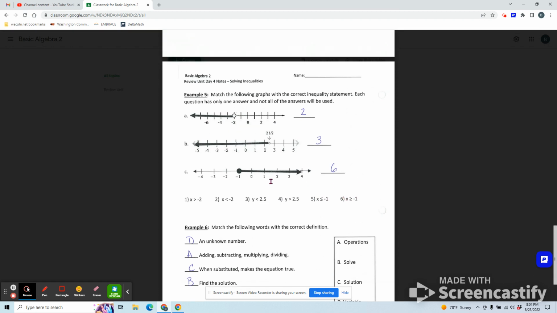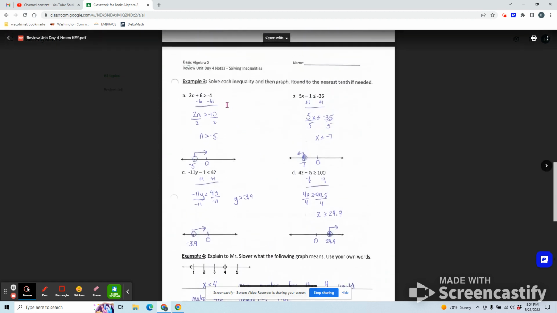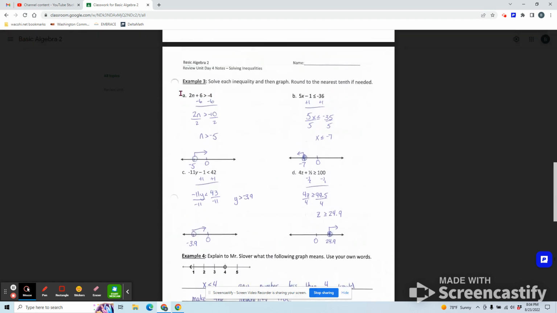So these inequalities are just like solving an equation. Now you're doing the opposite operation to undo that. So the opposite operation of addition is subtracting, and then to undo multiplication, I will